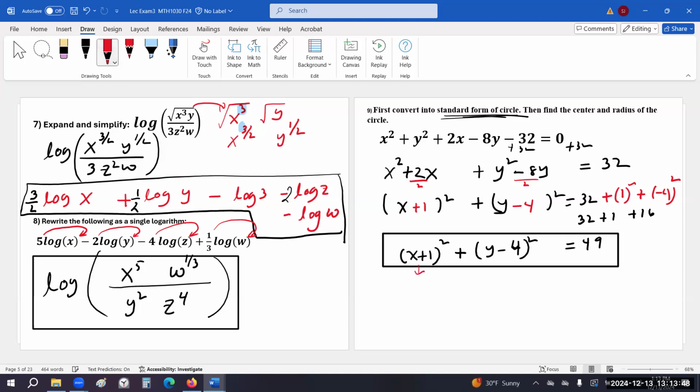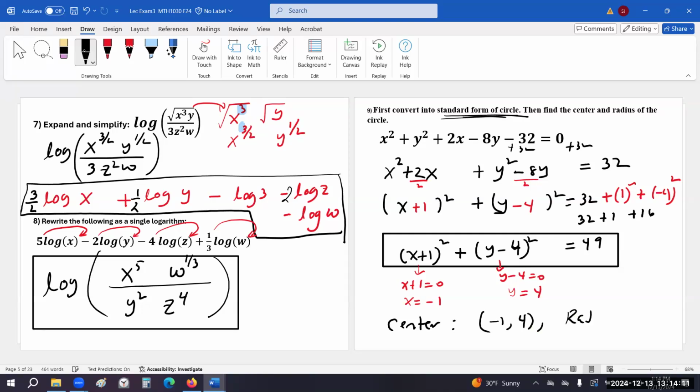Right. So if you forget, just solve for it: x plus 1 equals 0, y minus 4 equals 0. If you can remember changing the sign, you don't have to do that. It's for those who forget to change the sign. And I noticed many of you actually forgot to change the sign in the exam. So your center is